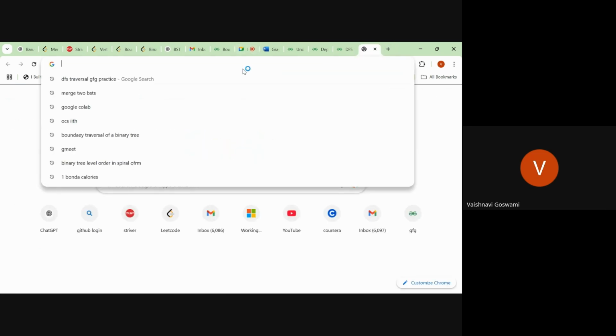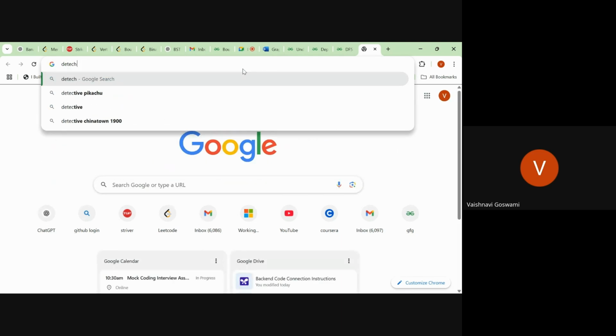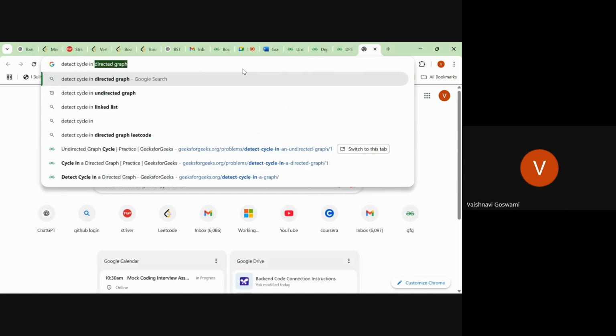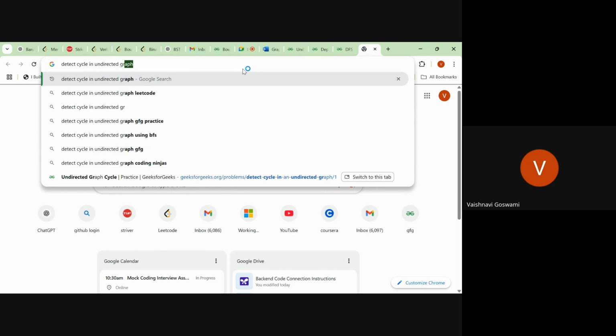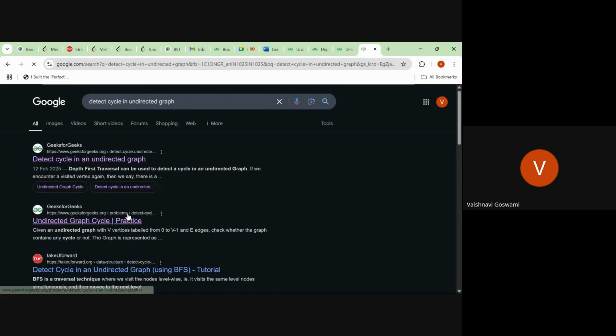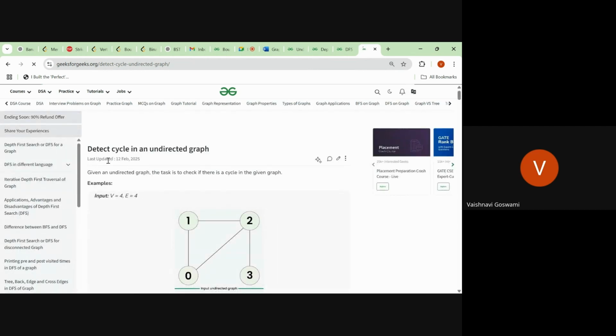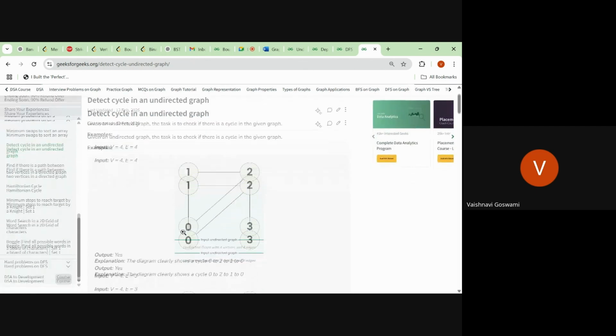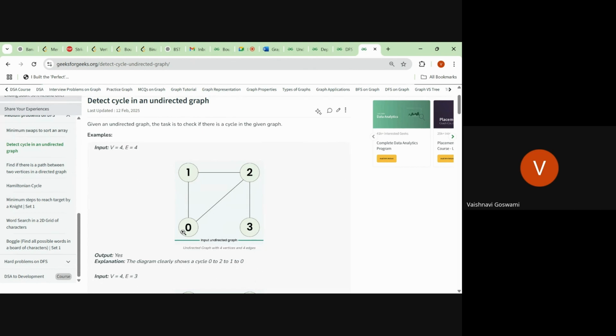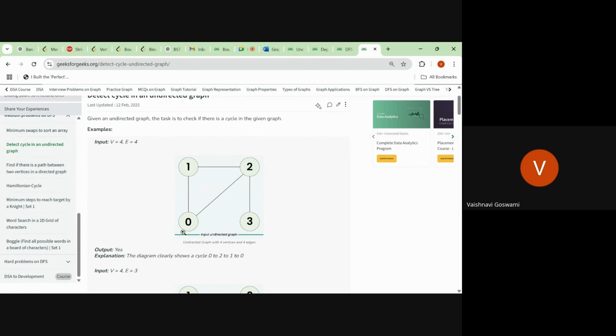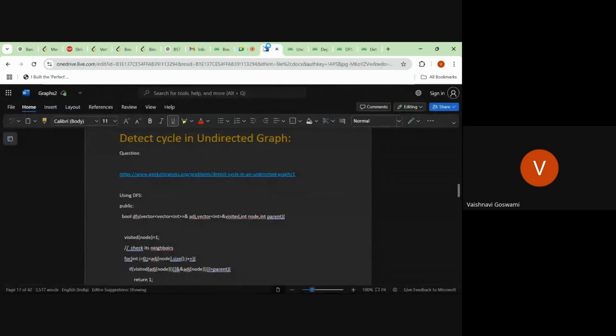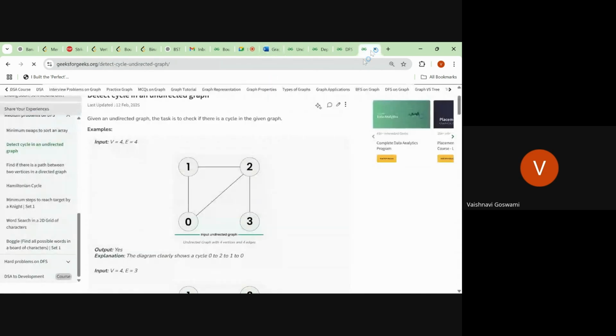So first we will see an article on this. First of all, undirected graph. What was an undirected graph? In an undirected graph, if there is an edge from 1 to 2, there is an edge from 2 to 1 also. Now the question is saying we need to say whether a cycle is present or not inside the graph, and that graph will be undirected. First, we will see for an undirected graph, then we will see how to detect a cycle for a directed graph also.